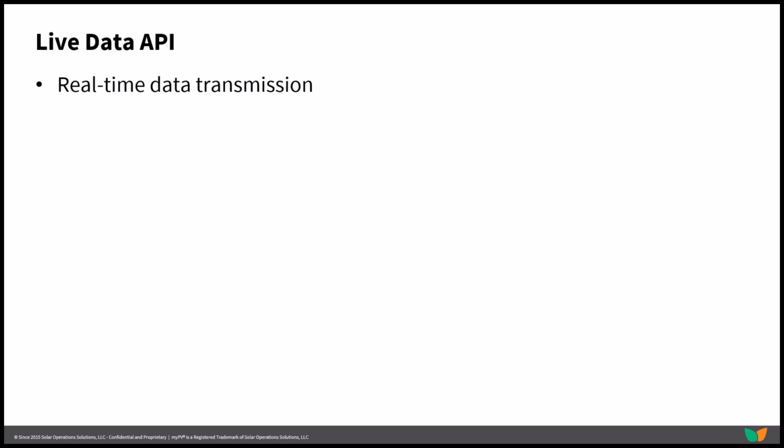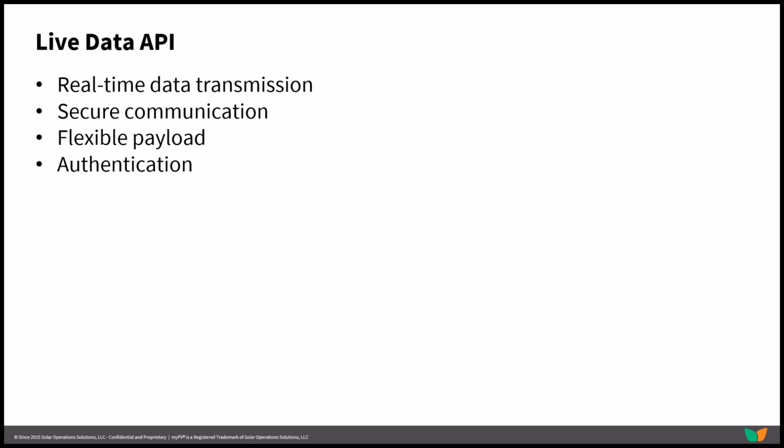Real-time data transmission. This allows devices to send live data to the server as it is generated. Secure communication. This utilizes HTTPS for encrypted communication, ensuring data integrity and confidentiality. Flexible payload. This accepts a JSON payload with device IDs mapped to specific parameters, allowing for customized data transmission. Authentication. This requires a valid authentication token to be included in the request header, ensuring only authorized clients can access